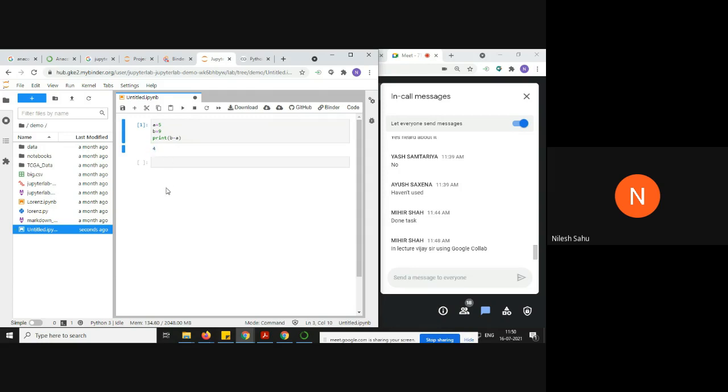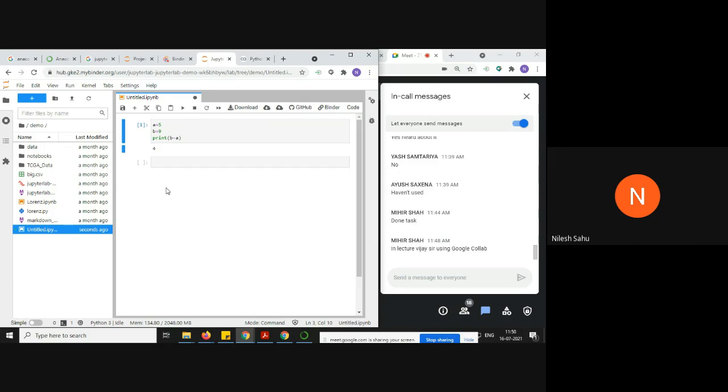The benefit of doing programming in Jupyter Notebook or Google Colab is that you can share your program with anyone, and you can also share the output. In the upcoming labs, I am going to ask you to perform tasks on Google Colab only. Why? The benefit is that you can directly save those files in PDF format.